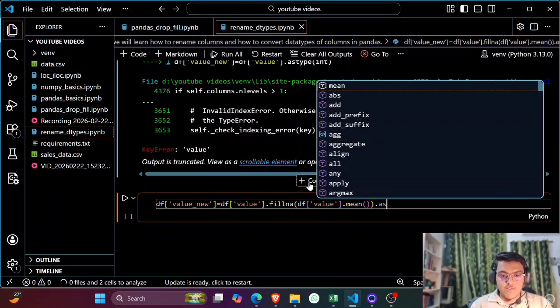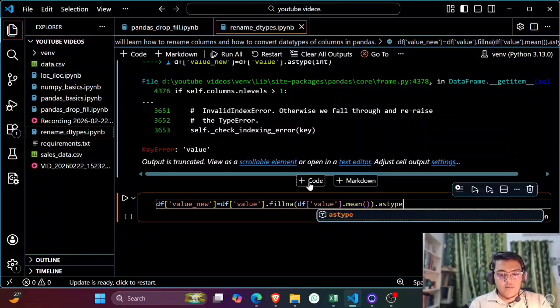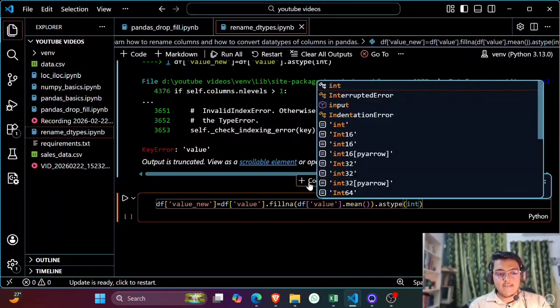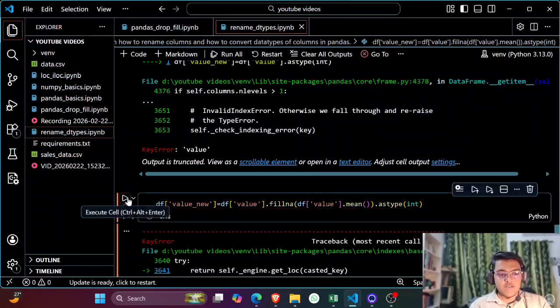Now I use astype int. Now when I run this,